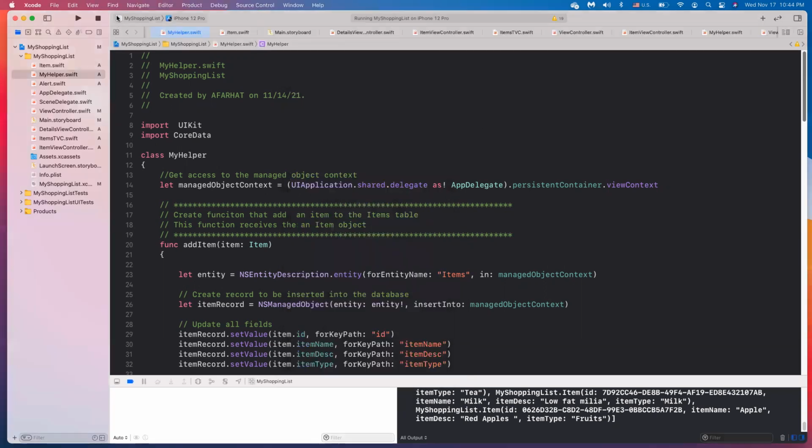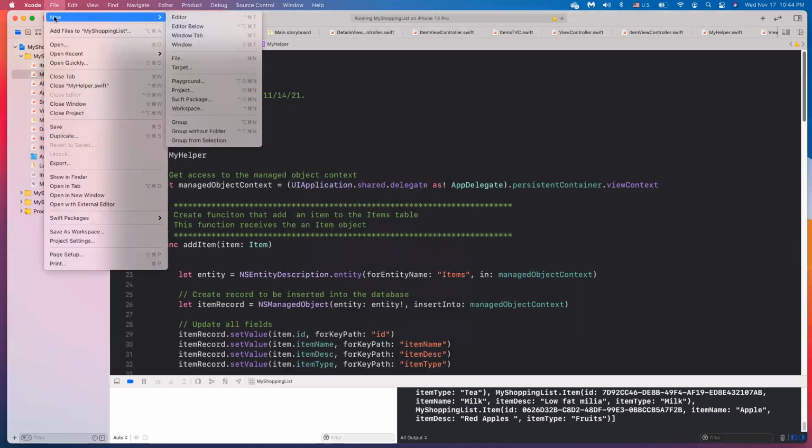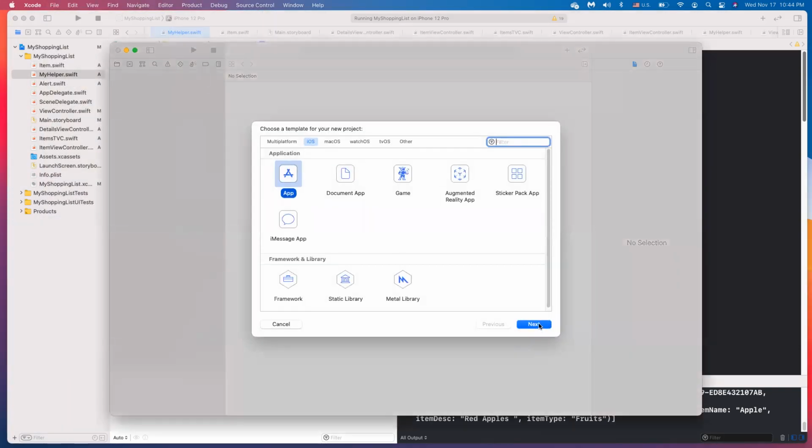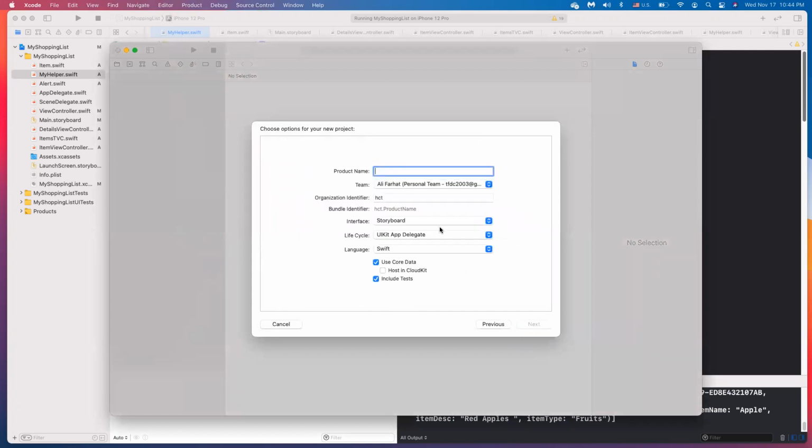So first, we need to create a project. So File, New Project. And I'm going to click Next. It's a single view app. It's called My Shopping List. And this is important. You want to make sure that you use Core Data. If you do that, it'll include the Core Data framework in your application, and then it'll add all the necessary classes you're going to use in this video. All right. So you click on Next,